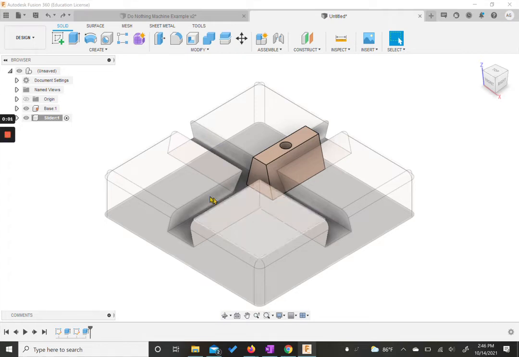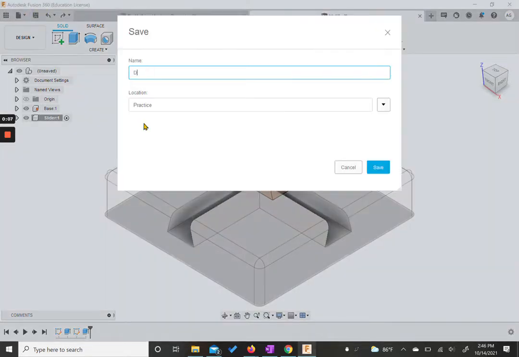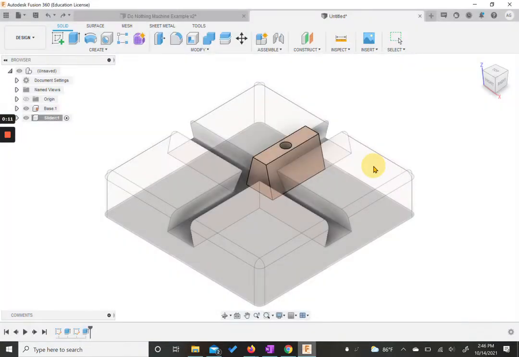Right, where we left off from last time, I realized I never mentioned that we need to save your work. So I'm going to save this as the do nothing machine. All right. Currently we have the base, we have a slider, and now we need to create some of the